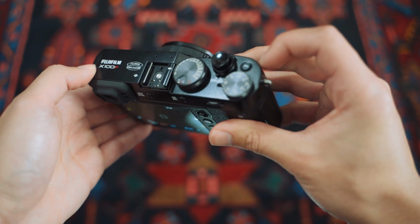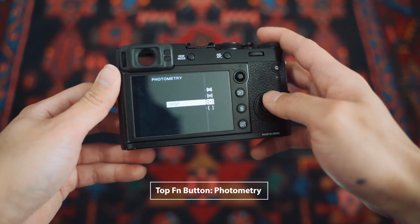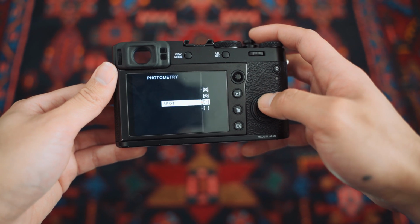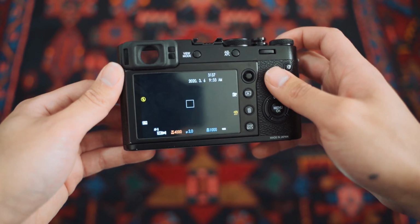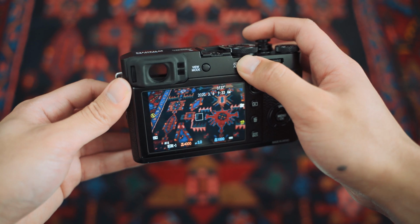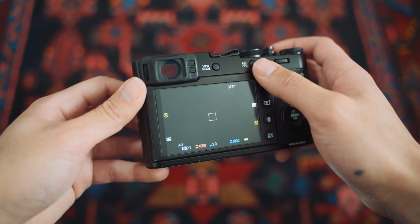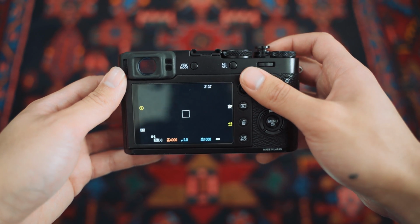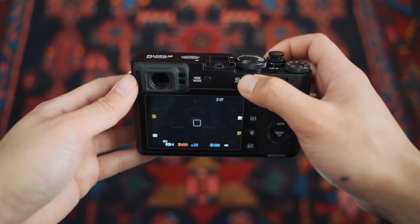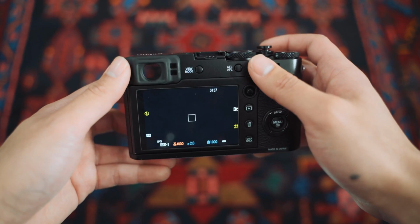So let's start with the top function button. I have this set to my photometry, and this allows me to quickly change my metering mode from spot to multi. These are the two metering modes I use. I'll switch to spot when I want to specifically meter for my highlights or my shadows. If I want deep, harsh black shadows in my photos, I'll stay in spot metering so I can aim my camera in the direction of the highlights to expose for those